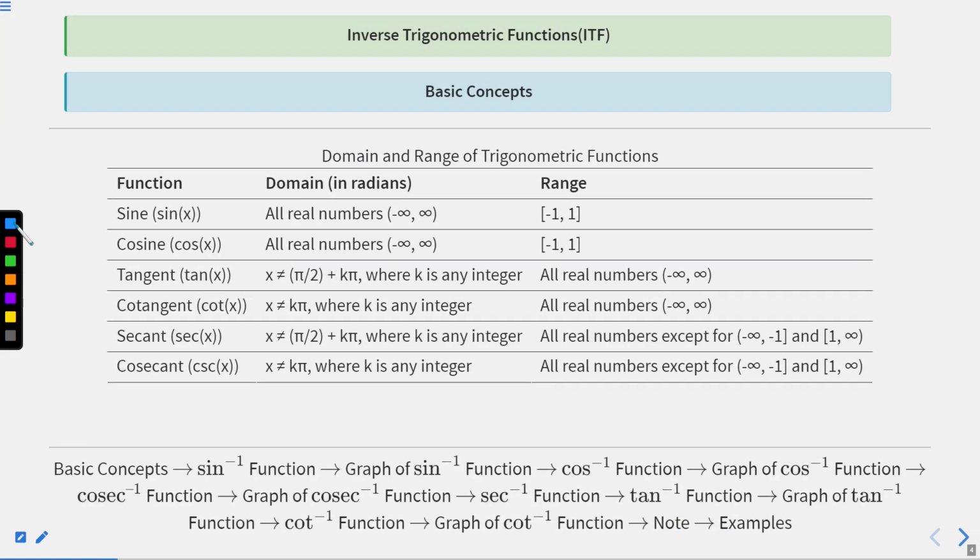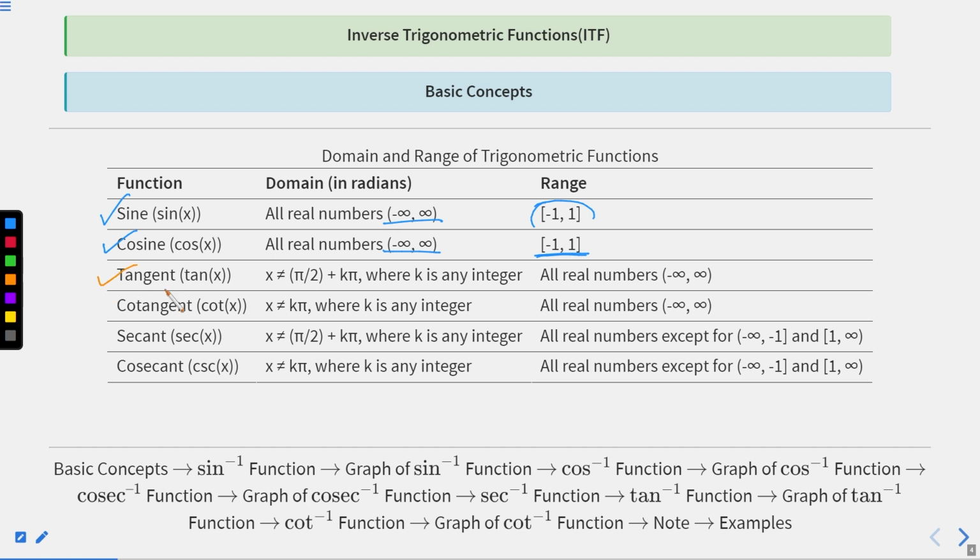So sin x domain is minus infinity to plus infinity, that means the whole real numbers. The range is the closed interval minus 1 to 1. For cos x, domain is minus infinity to plus infinity. Range is the closed interval minus 1 to 1. For tangent,